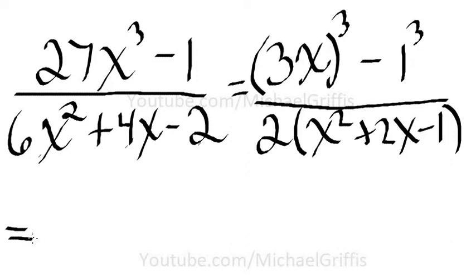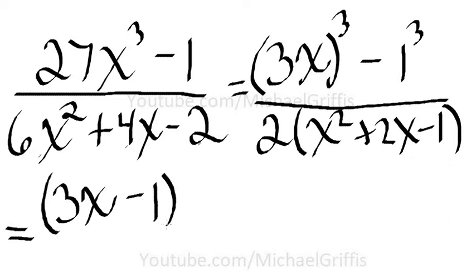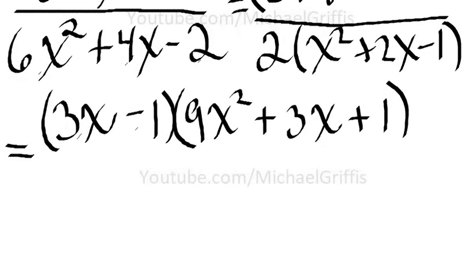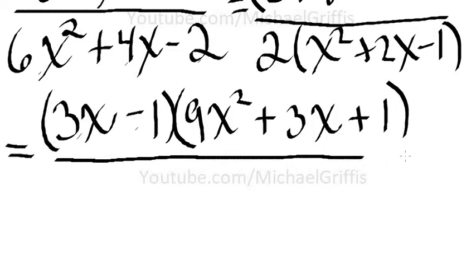So we're going to have 3x minus 1 times, we square this number here. This becomes 9x squared. Okay, it's a minus, so we use plus. 3x times 1 is just 3x. And minus 1 squared is just plus 1. We always square that last term. And this is all over